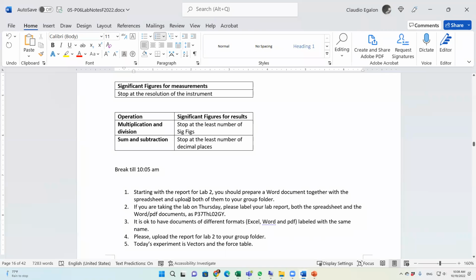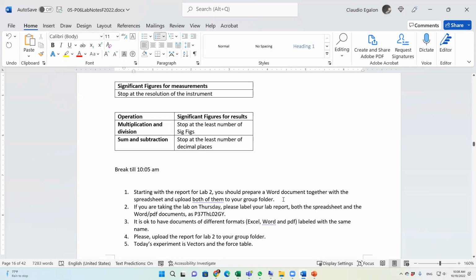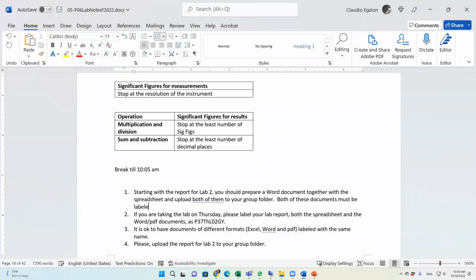So as part of starting the report for lab 2, you should prepare a Word document together with the spreadsheet and upload both of them to your group folder. Both of these documents must be labeled